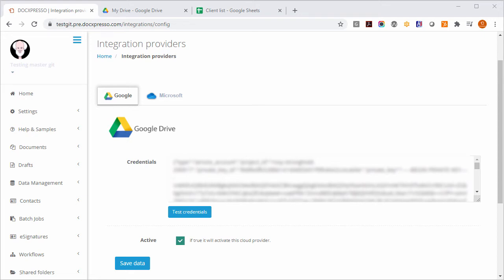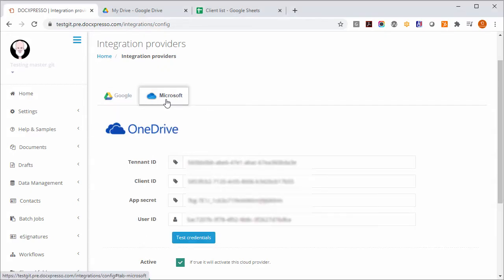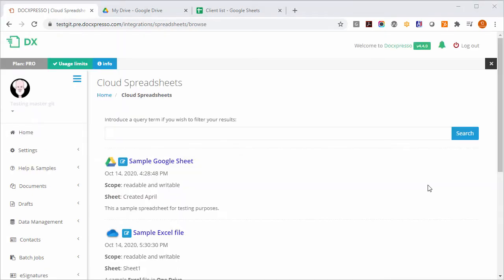Docxpresso now offers you the possibility to import or export data to cloud spreadsheets that are hosted in Google Drive or Microsoft Office. The process is pretty simple. First, you have to set up your credentials in Docxpresso for access to your Google Drive account or Microsoft account. Once this is done, you may connect your Docxpresso instance to any of the spreadsheets that are stored in those